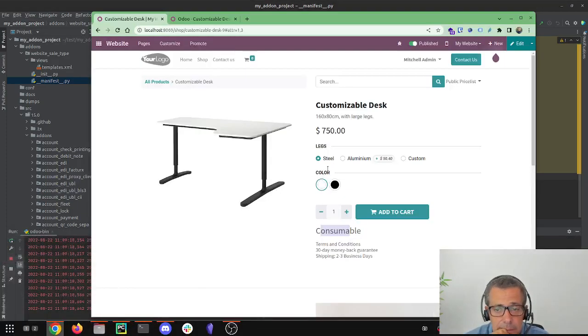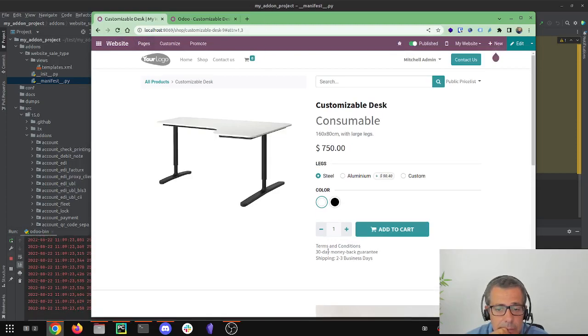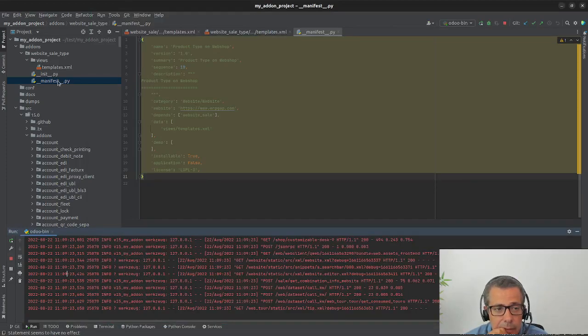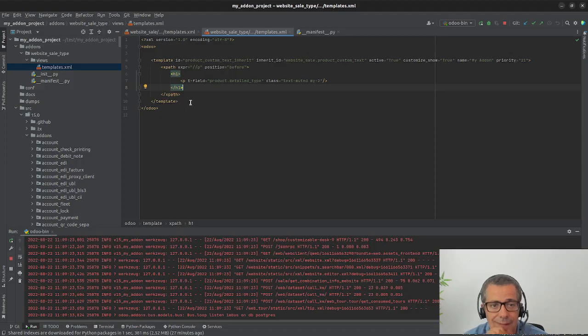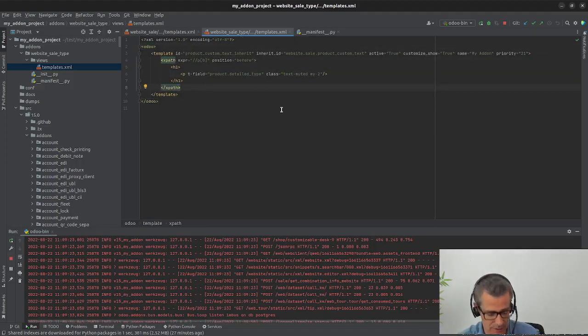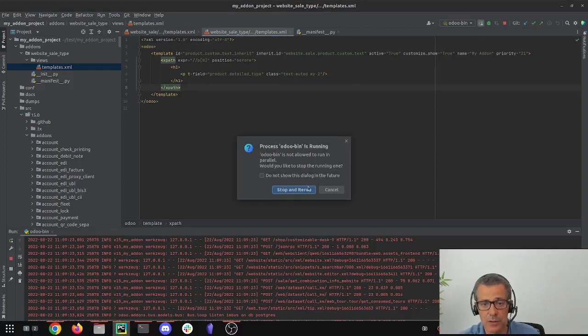And I'll go back here. This should be bigger. No, it's not showing, so something went wrong. Let's see. We are importing these views, templates, XML, that's fine. Inheriting this, and before P, maybe this 0, position 0. Sometimes to be 100% sure this is going to be imported, I just